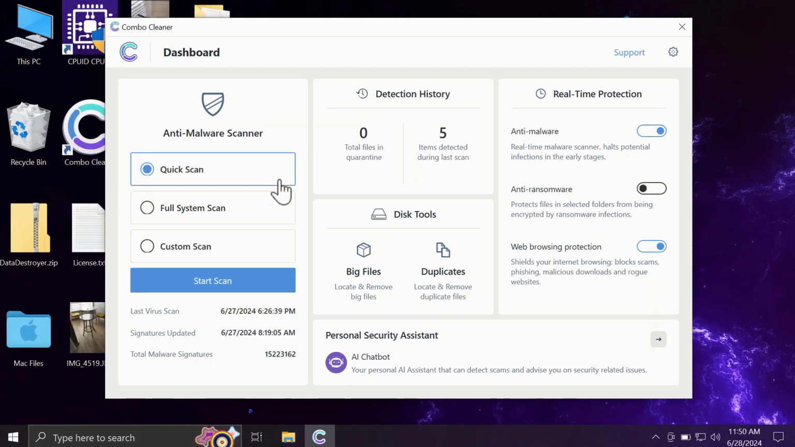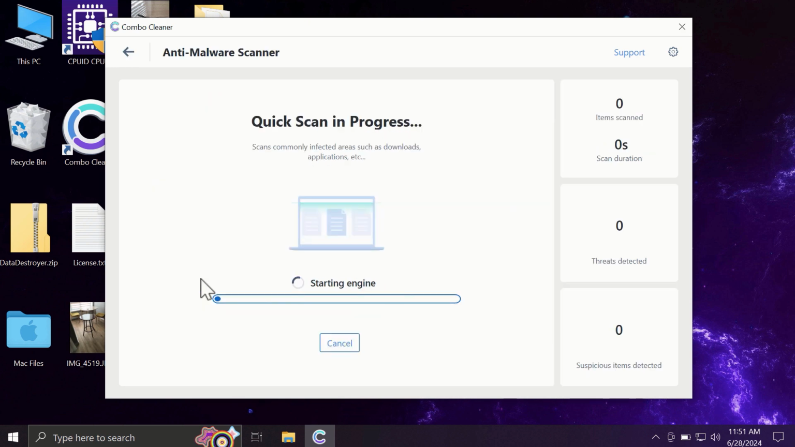So after you have successfully downloaded and installed Combo Cleaner, the software will be initially in the trial mode, and only quick scan option is available in the trial mode. The full mode includes full system scan and custom scan, but as I said, in the trial version only quick scan option is available. So you need to click on the start scan button, and most likely the application will